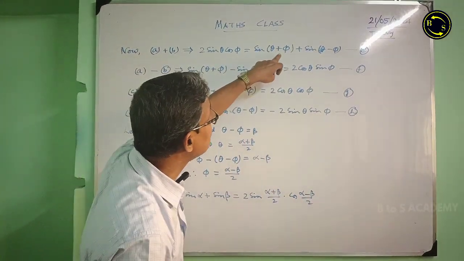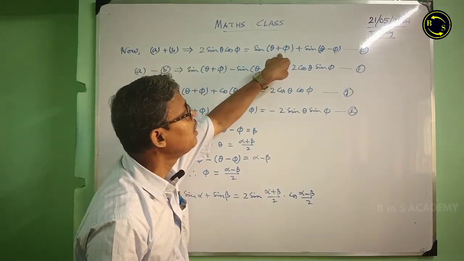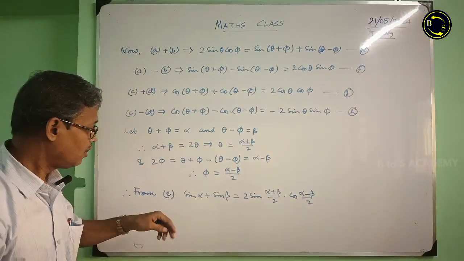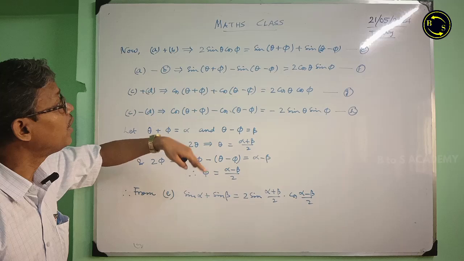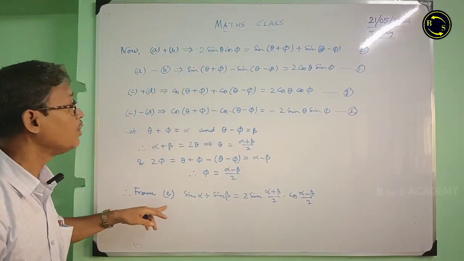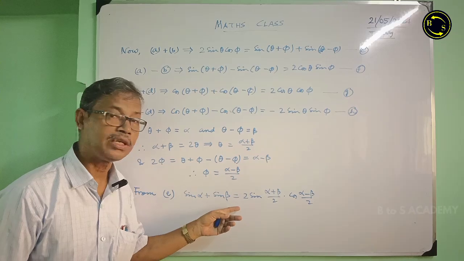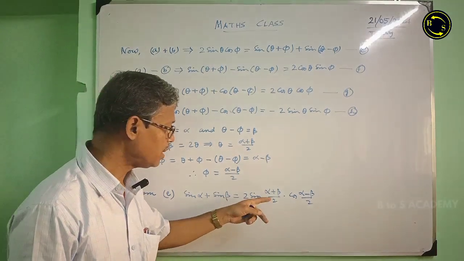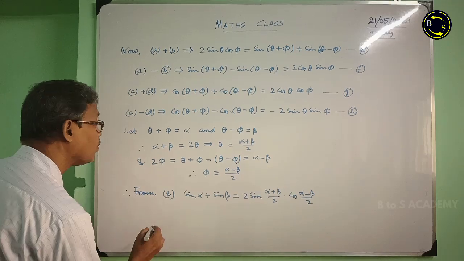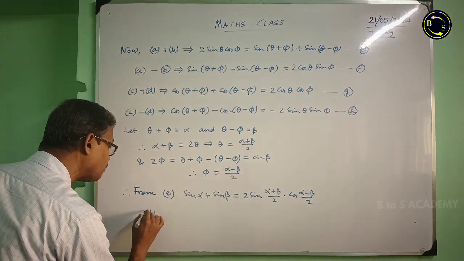I have replaced theta plus phi by alpha and theta minus phi by beta, and already we have got the values of theta and phi. We have replaced those on the left side. Thus, from E we get sin alpha plus sin beta is equal to 2 sin alpha plus beta by 2 into cos of alpha minus beta by 2, and it will